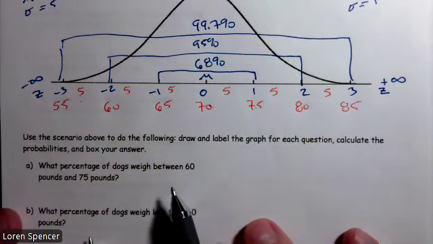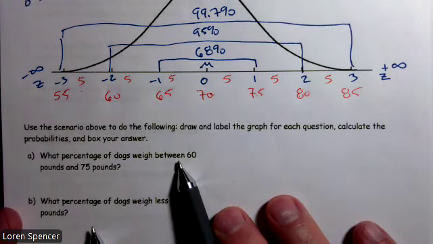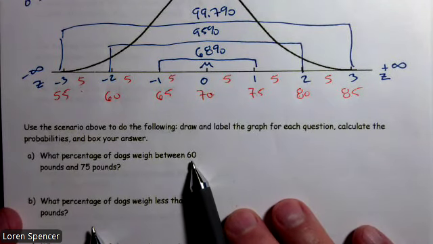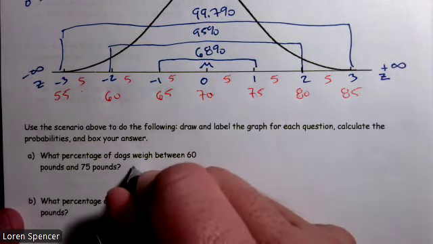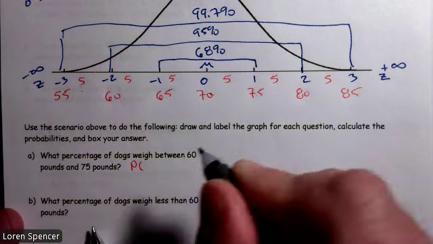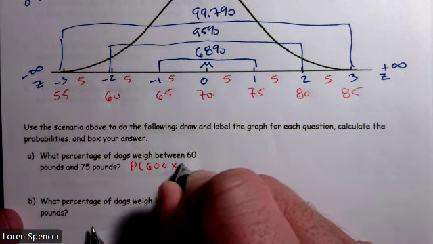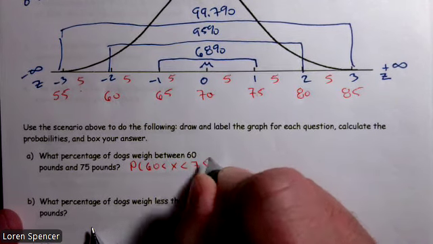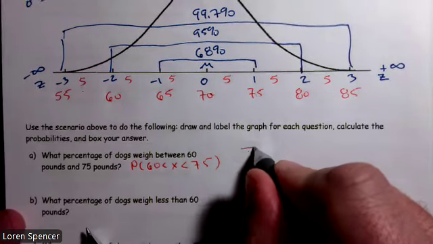Use the scenario above to do the following. Draw and label the graph for each question. Calculate the probabilities and box your answer. What percentage of the dogs weigh between 60 and 75 pounds? So we're looking for the probability that 60 is less than X, which is less than 75. Well, drawing our graph,